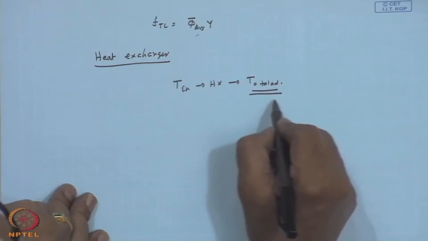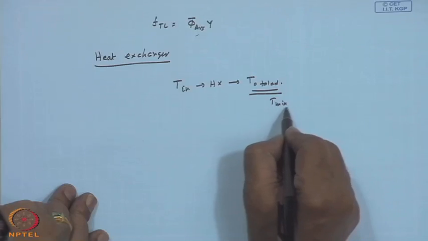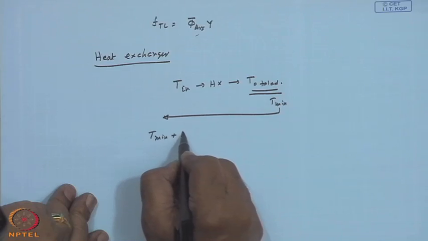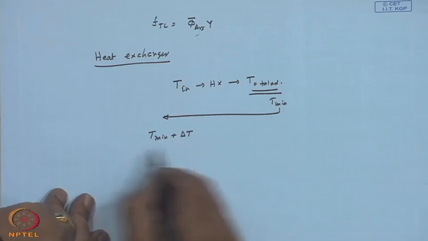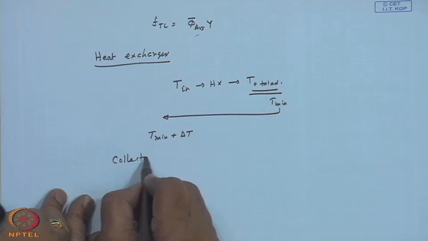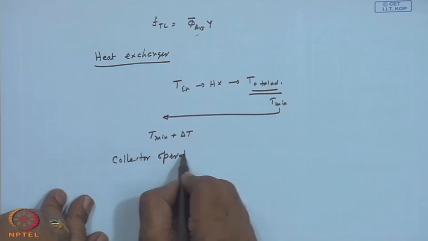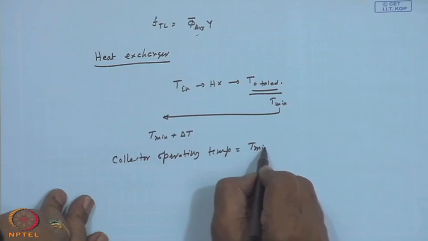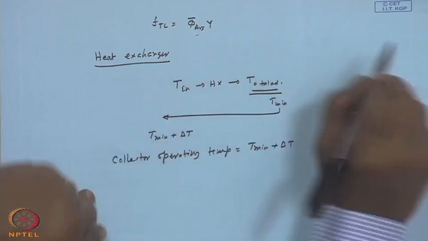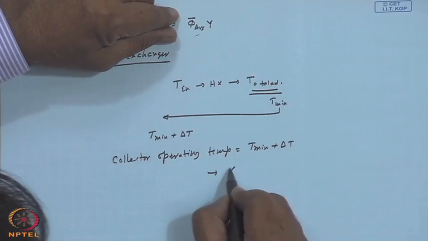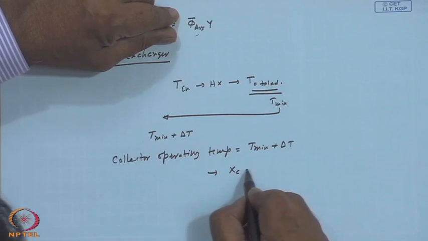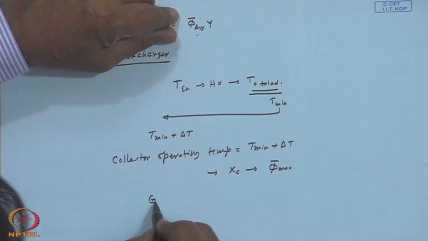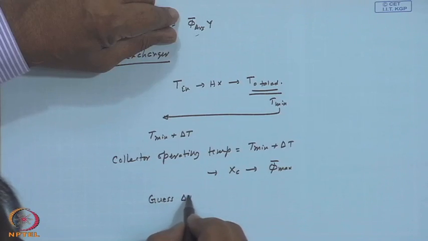So, if this is to be at T minimum, ultimately collector will be operating at T minimum plus delta T. So, my collector operating temperature is T minimum plus delta T. So, this changes my X c, that changes my phi bar max. So, guess delta T,